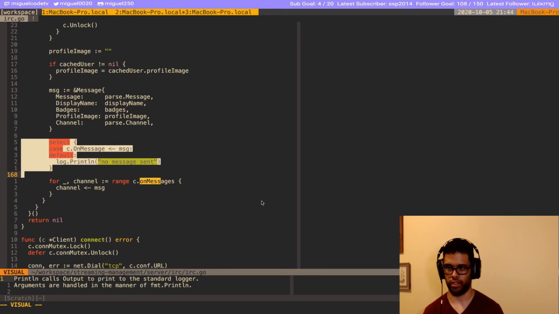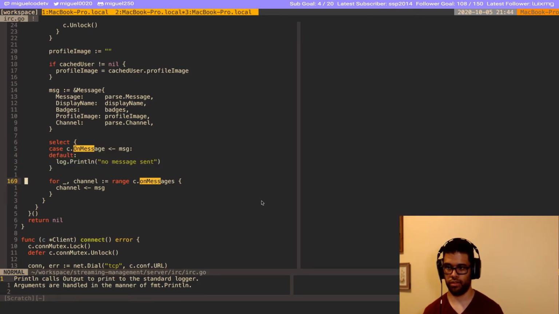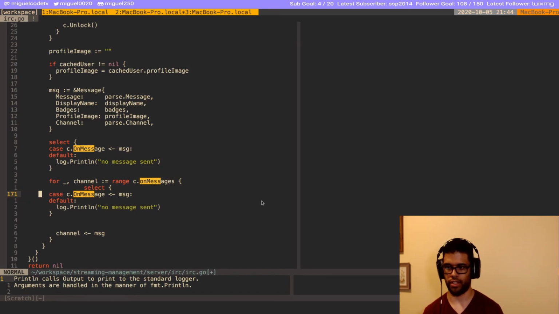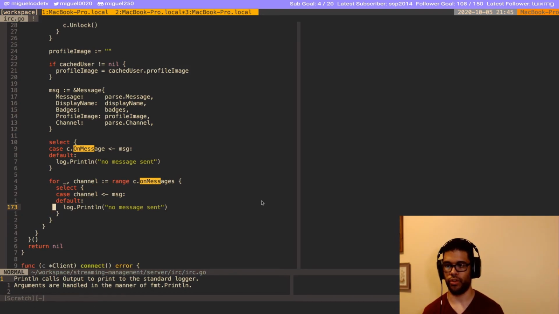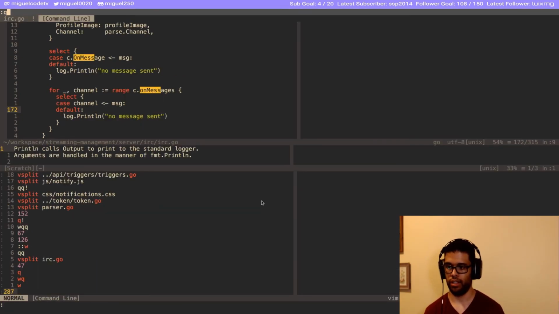We should do the same. But in this case, you're sending to channel. This is another bug that I wanted to fix. Because we're using select, even if you're not listening to a channel, it's just not gonna send it. So in the case before, if nothing was listening to a channel, it's gonna block until something started listening to the channel. In this case, it's just gonna try to send the message. If nothing is listening to that channel, it's just gonna drop it.